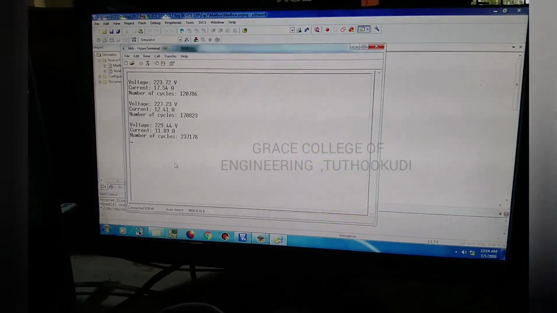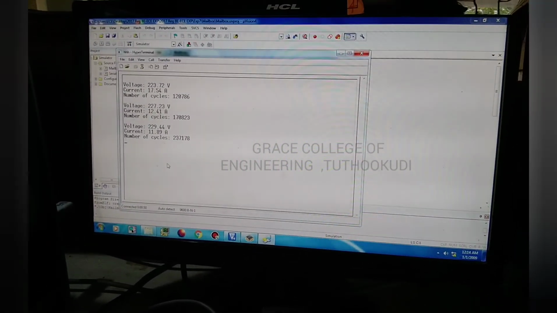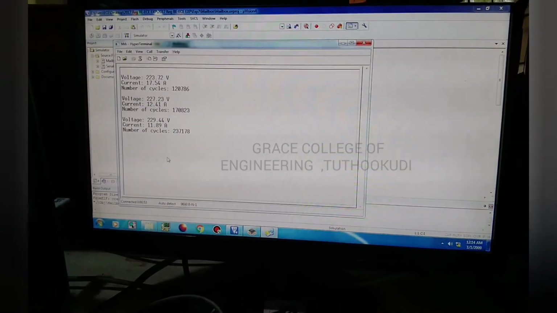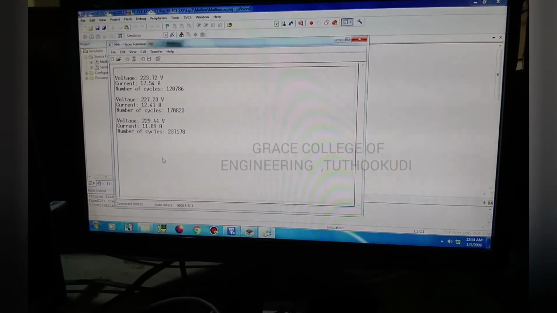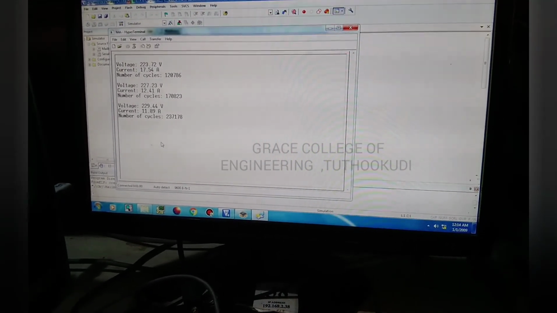This is the message we have sent to a particular mail ID, or we can receive a message from another mail ID to a particular user. This is the output for the mailbox.